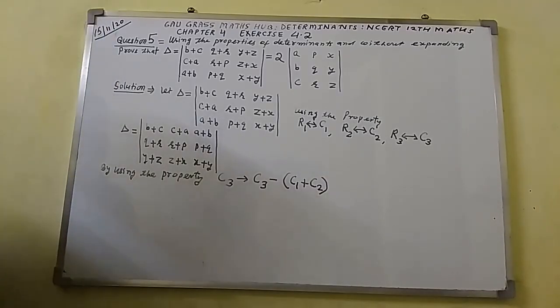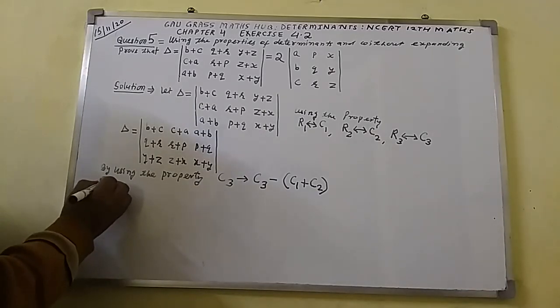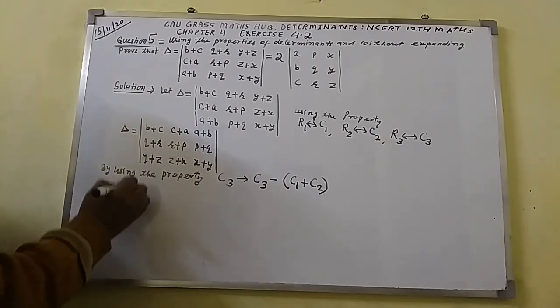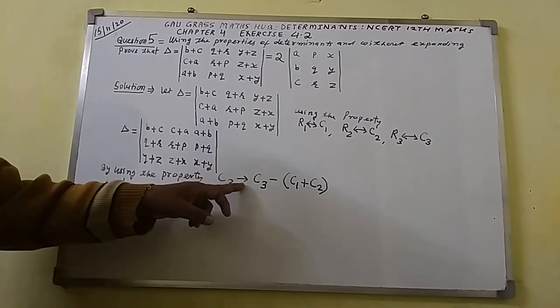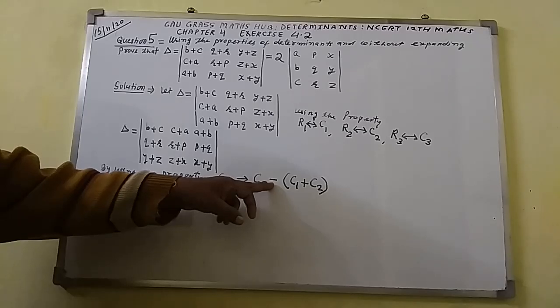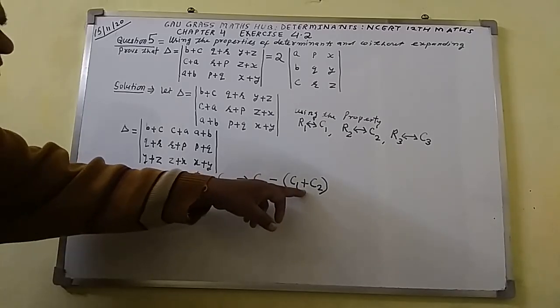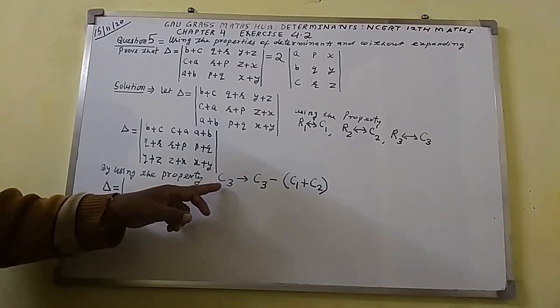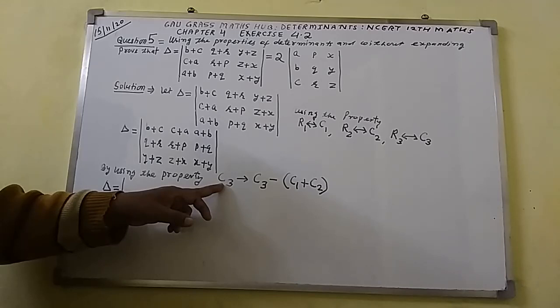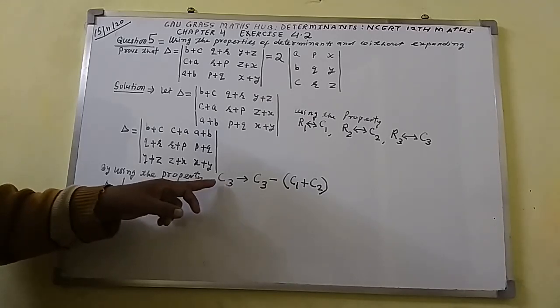This property I shall use here. So here I shall write det equal to, here you can see C3 goes to C3 minus in bracket C1 plus C2 bracket close. So here I have written C3 goes to, the only changes will occur in,